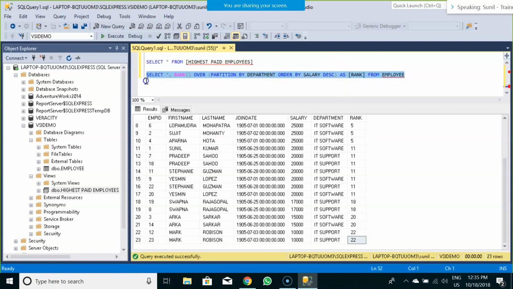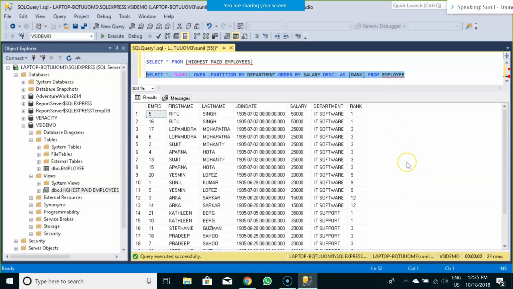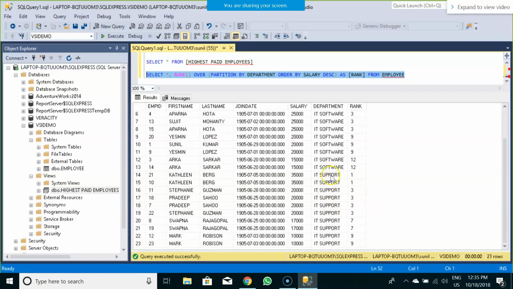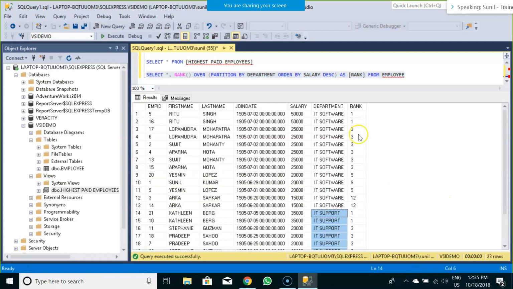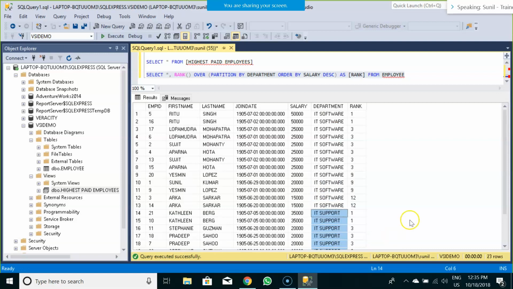Now here I am applying the rank function over a partition. Now what do you see as the difference in result? So partition is applied, which we can see on the department column. All the IT software rows come under one group, and all the IT support rows come under one group.